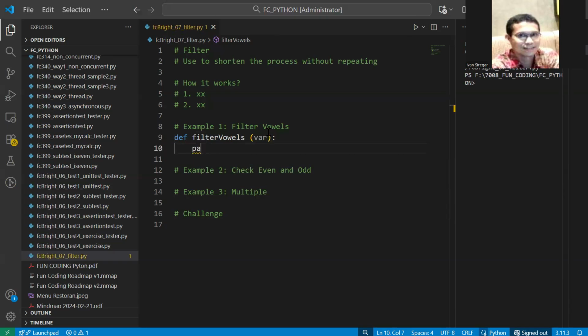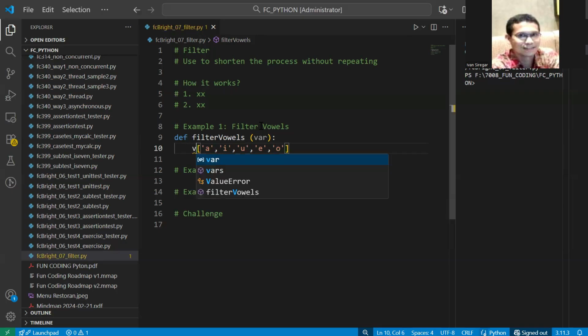And for the content here, we say that all of the vowels, which is A, E, I, O, U, are stored as vowels here as the list.